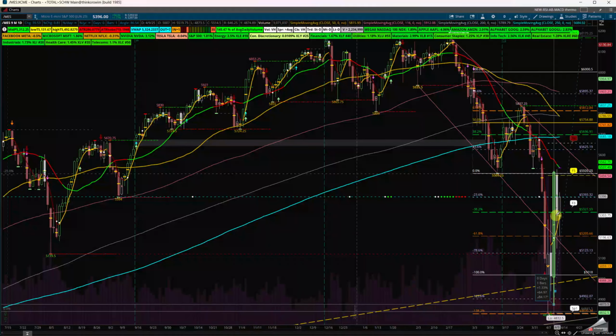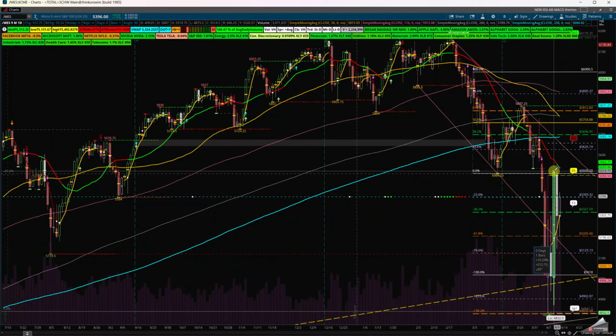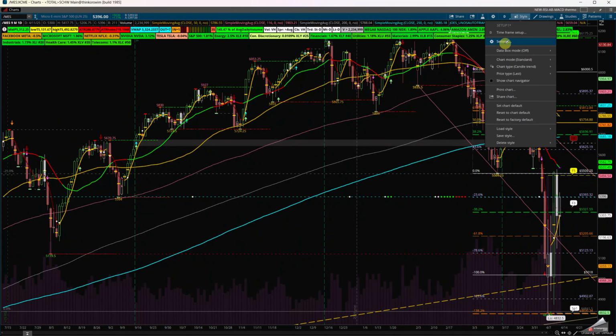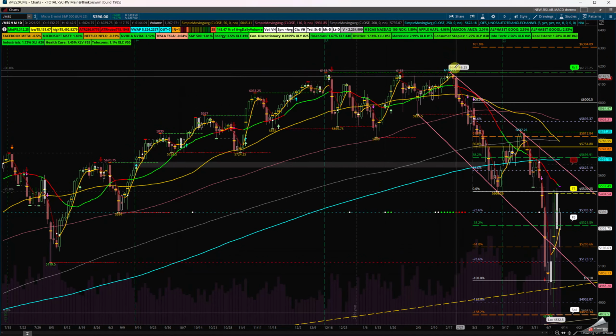If I take this low from here to this high, you can see that's 13%. But if I take the open to the close of the bar, that's 10.24%. This is how I came up with that 10.24% on the measured move on the monkey bars, and this is how you trace the bar. If I take the high to low, I'm going to adjust this in the style. You go in the settings because this is a little too high. The price axis, I'm going to bring it down 10, everyone, so we can see the bars. So I dropped it down up here so I can get more space.